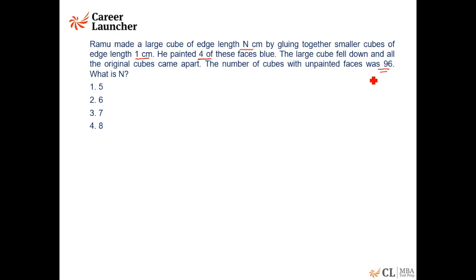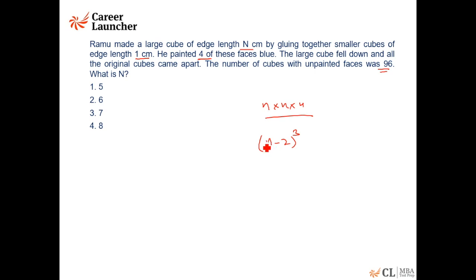Now, while you can do the mathematics, you can say so many faces painted and find the answer. I want to remind you of one basic concept which I'm sure most of you are aware of. If it is an n by n by n cube, how many cubes will not be on the surface? Let me say all 6 faces are painted and then broken into smaller cubes. So how many cubes will not be on the surface? All of them will be unpainted. What is that number? n minus 2 whole cube.